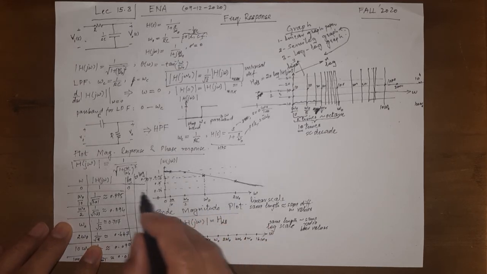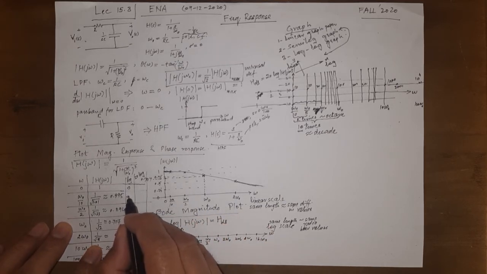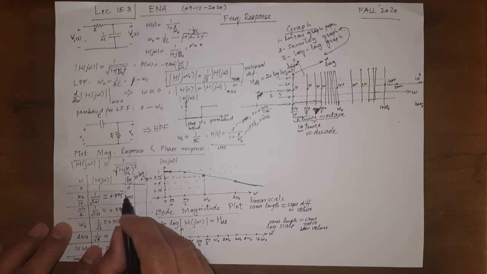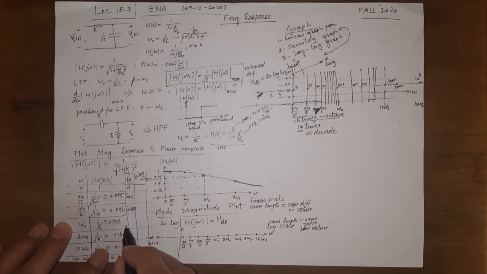It is 0.002 something, and then 0.894 is, this value is in negative, so this would be negative 0.0487, etc. 0.707 would be minus 0.151. This would be minus